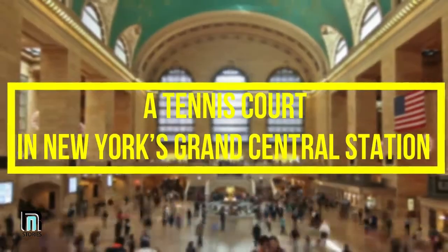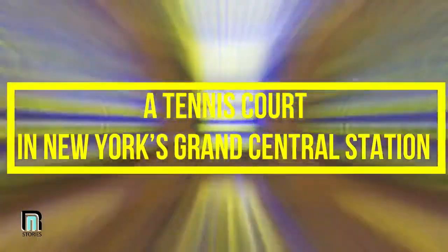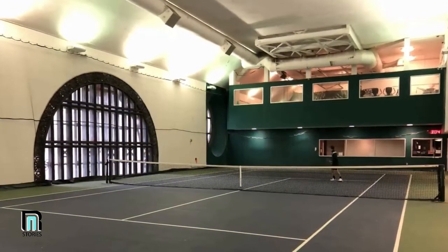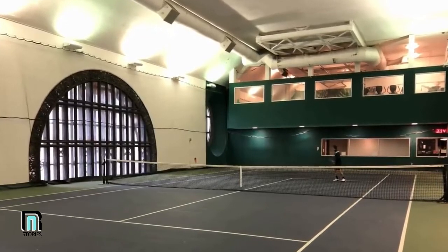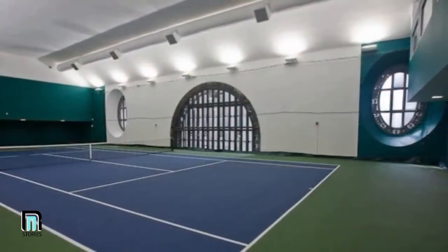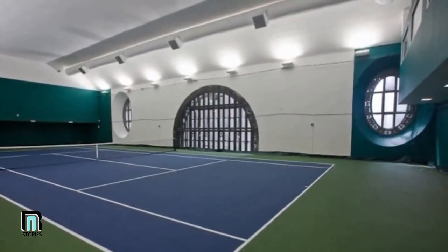Number 8. A tennis court in New York's Grand Central Station. One of the most beautiful tennis courts in one of the most beautiful locations in New York City is barely even known about by even the most avid tennis fans. Tucked away on the 4th floor of Grand Central Station is an exclusive tennis court that costs a rumored $250